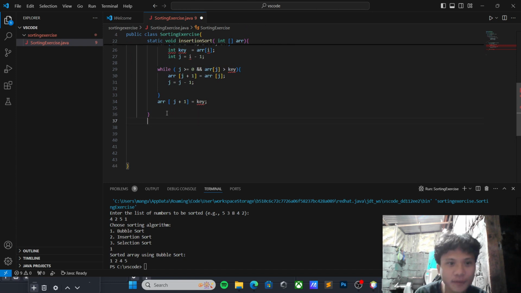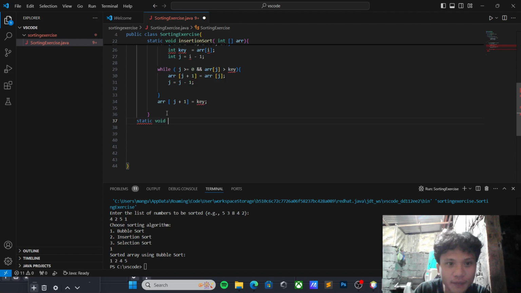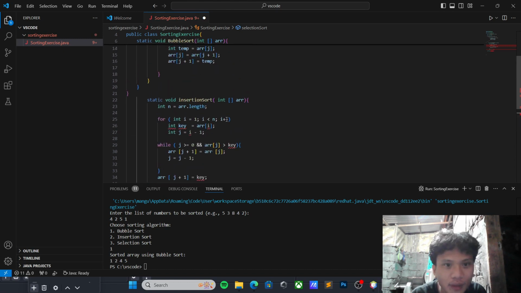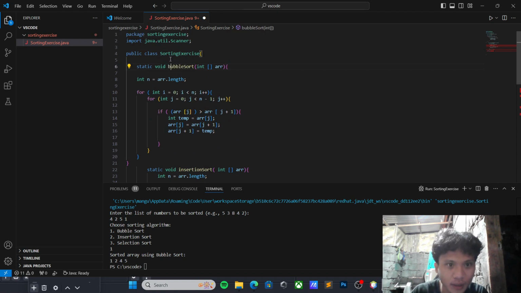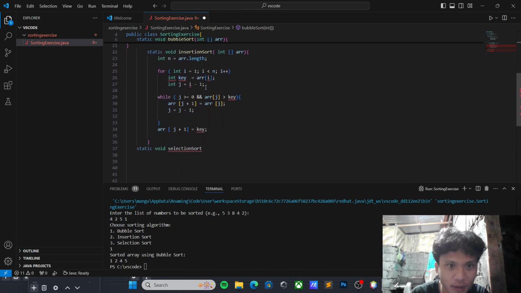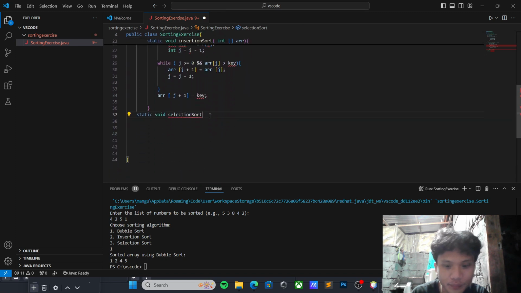The next is we have to proceed to the selection sort method. Now, as the same, static with return type void and the method name selectionSort.